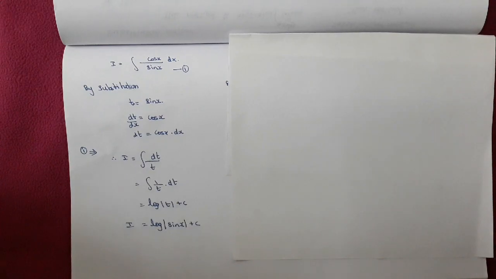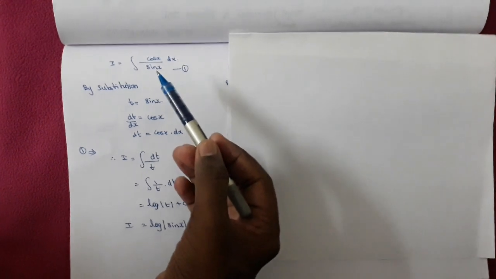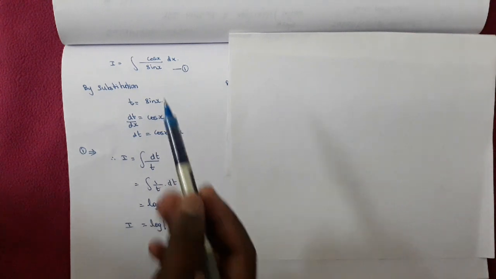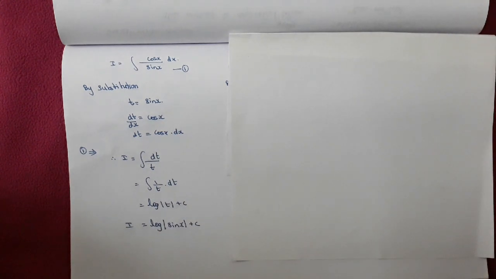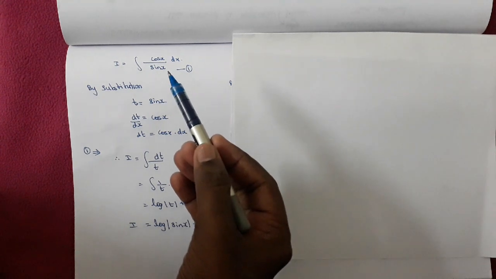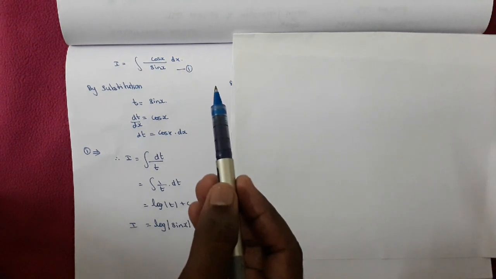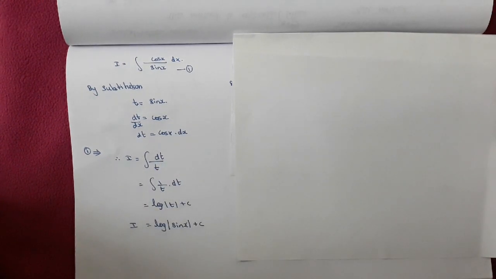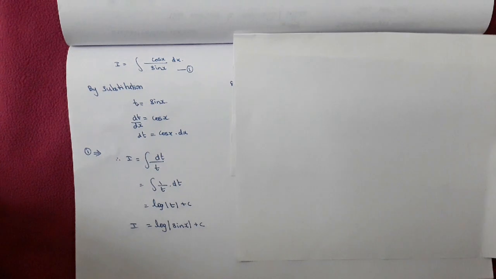So now we are going to see some examples to understand the substitution method. So here they have given I equal to integral cos x by sin x into dx. Right. So in this one I told you, in the integral, if you have a function and its own derivative, then you can go for the substitution method. In this integral I can see the function sin x, and when you differentiate sin x you will get what? Cos x, both present in the same integral. Likewise, when you differentiate cos x also, you may get what? Minus sin x. Both are there in the integral. So we have a choice to do the sum by substitution method.